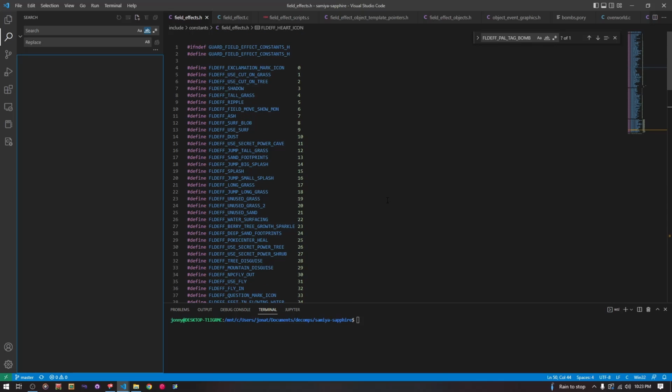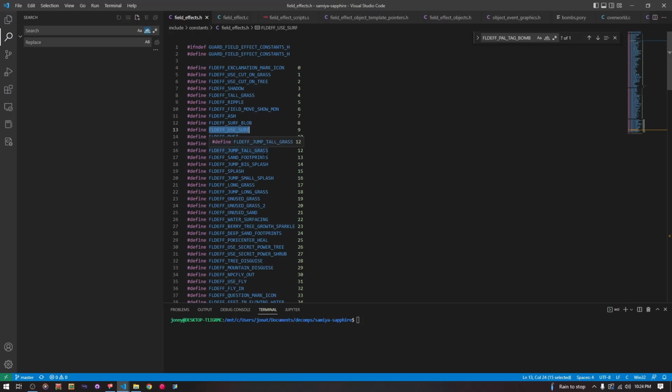Today we are going to be talking about field effects and how to create them. Now, field effects get very complicated. They can be pretty simple or very complex. They range from the Poke Center creating all the little Pokeballs and having them flash and make their sounds, to just setting up using Surf and switching the player avatar state over to the Surf icon, the surf graphics, to